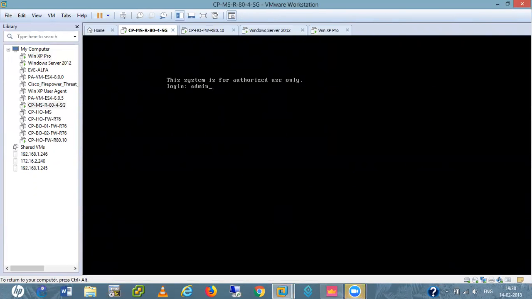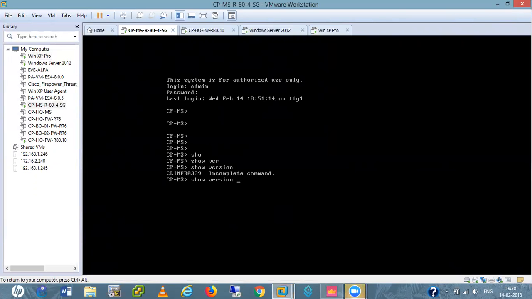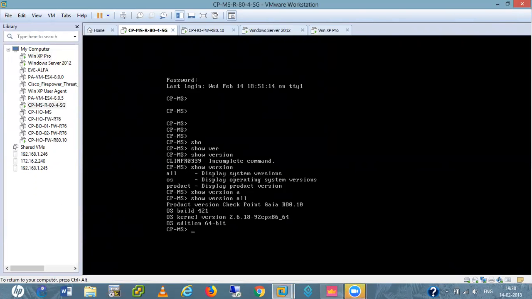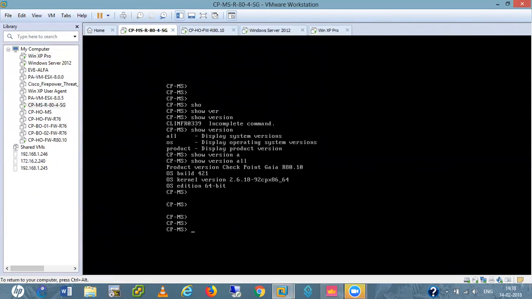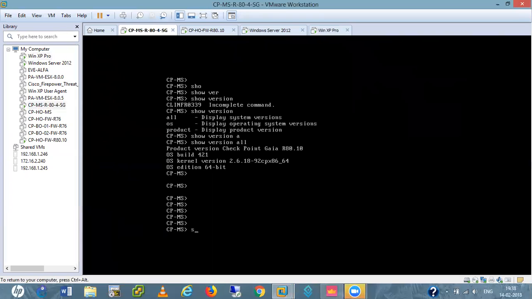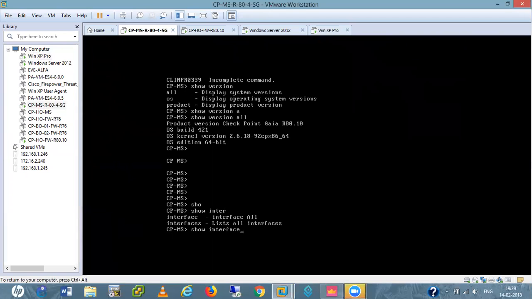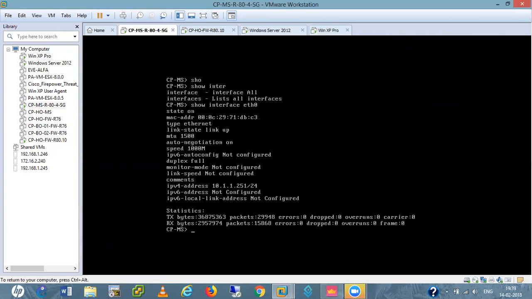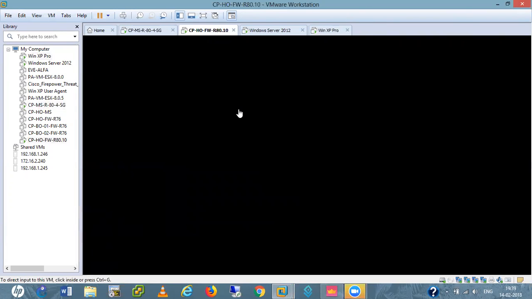Admin, password 123. Version R80.10, which is my management server, and the IP address of this server is on interface eth0, the same one, 10.1.1.251. And this is my R80.10 security gateway.